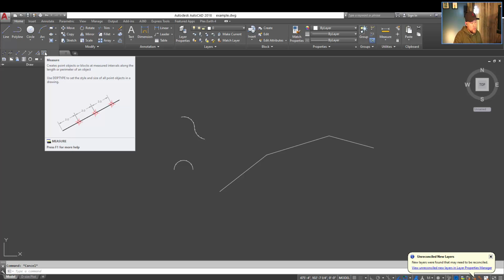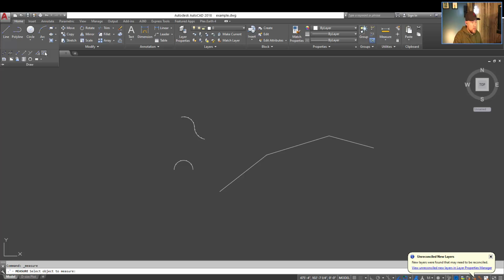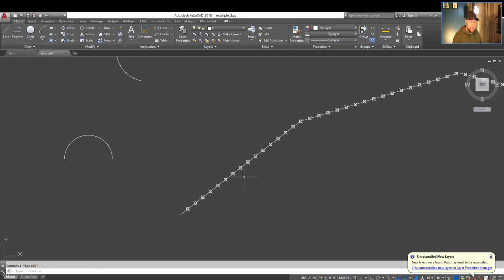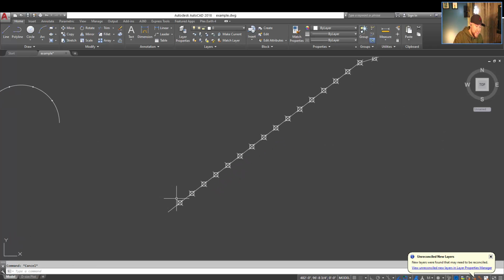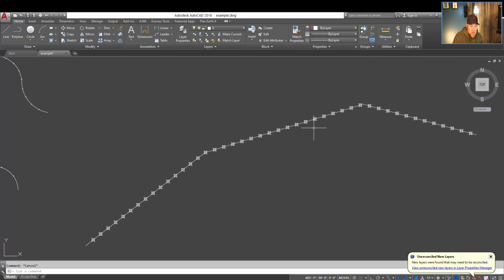So we're going to choose the measure command from up here. You can also type measure and enter, and then we're going to choose an object down here. So I'm going to say that the length of each of my segments is going to be 2 inches. So now you can see down here that it's now placed a point every single 2-inch increment or 2-meter increment,